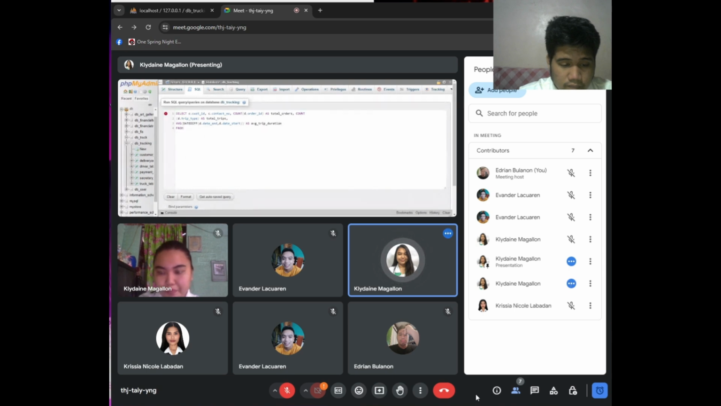Then from customer table C, join delivery table D. So D is for delivery order, then C is for customer. Then the next one is on C cost ID is equal to delivery cost ID, then group by